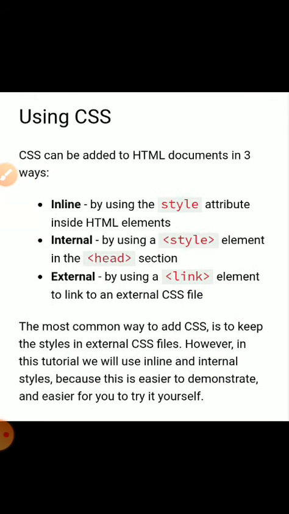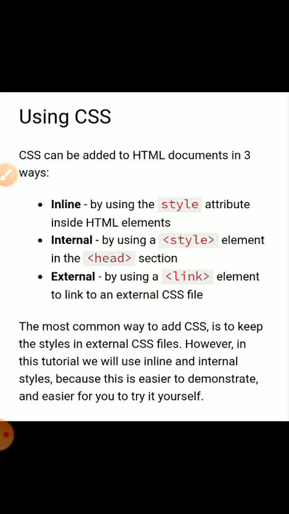Okay, so basically we can use CSS in three different ways. First is inline, by using style attributes inside the HTML elements.